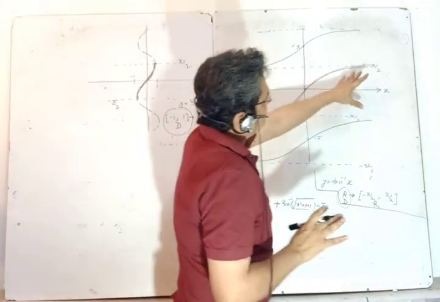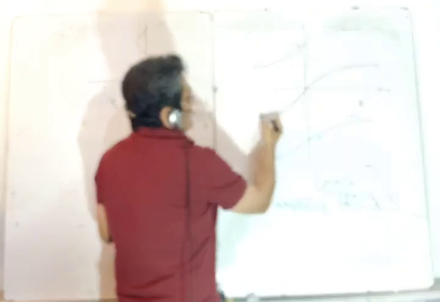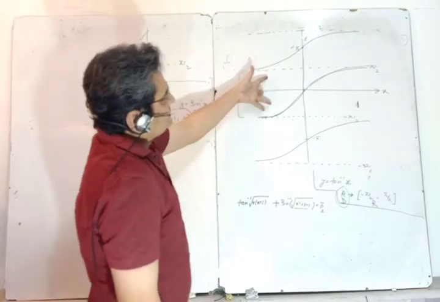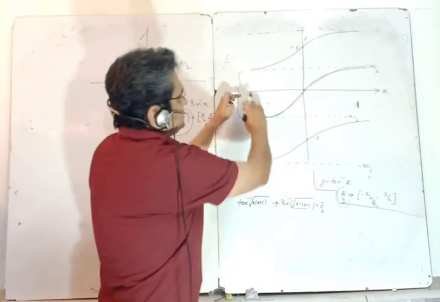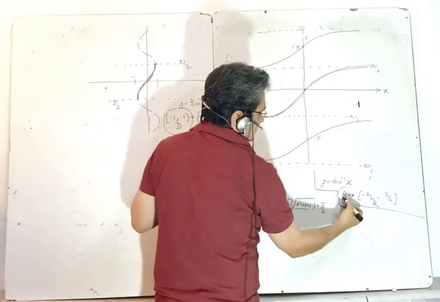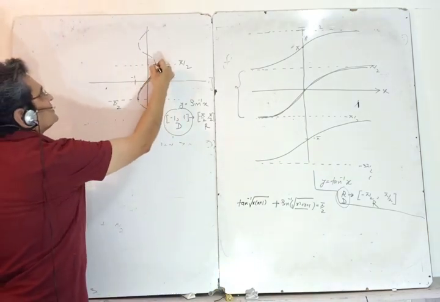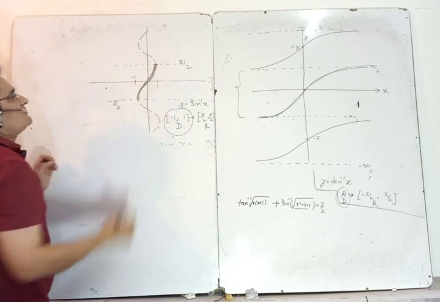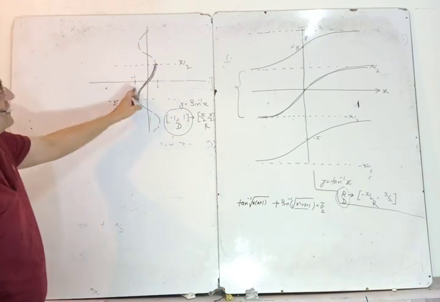Now tan inverse, this is the tan inverse function. This is y is equal to f(x), and this is the principal value branch we have taken, minus pi by 2 to pi by 2. So the range of tan inverse is minus pi by 2 to pi by 2, and the domain of tan inverse is all real numbers. In case of sine inverse, this is the principal value branch. Why is this the principal value branch? As I said, I have already covered it in a separate lecture. So here the domain is minus 1 to 1.